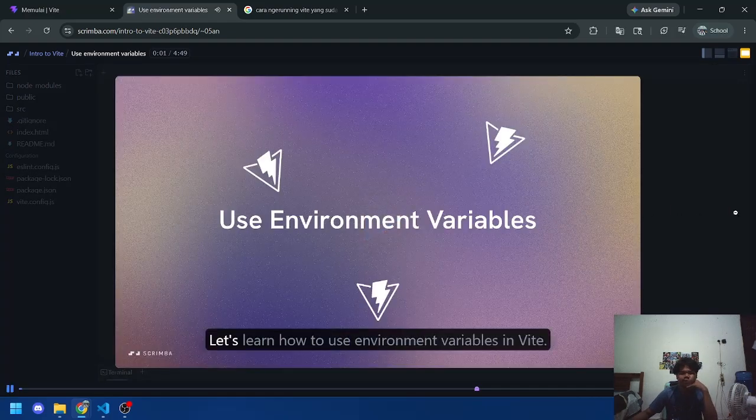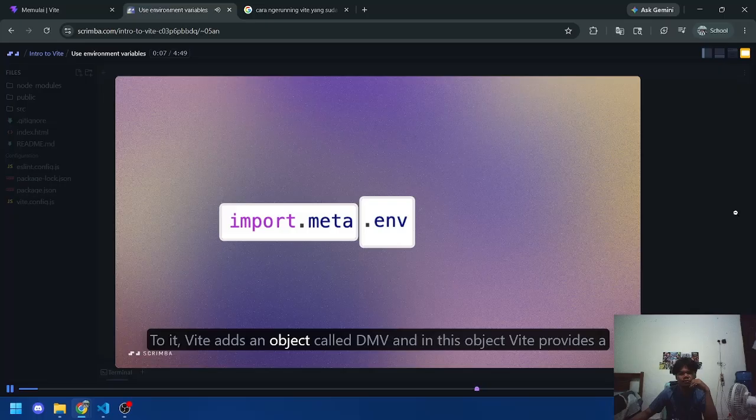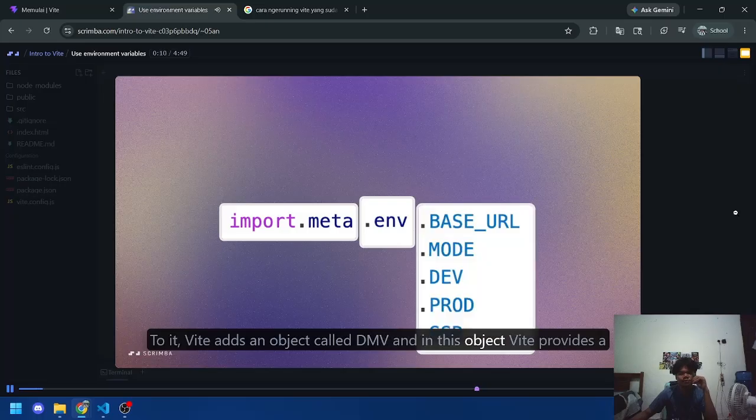Welcome back. Let's learn how to use environment variables in Vite. import.meta is a web standard. To it, Vite adds an object called env, and in this object, Vite provides a number of built-in constants to